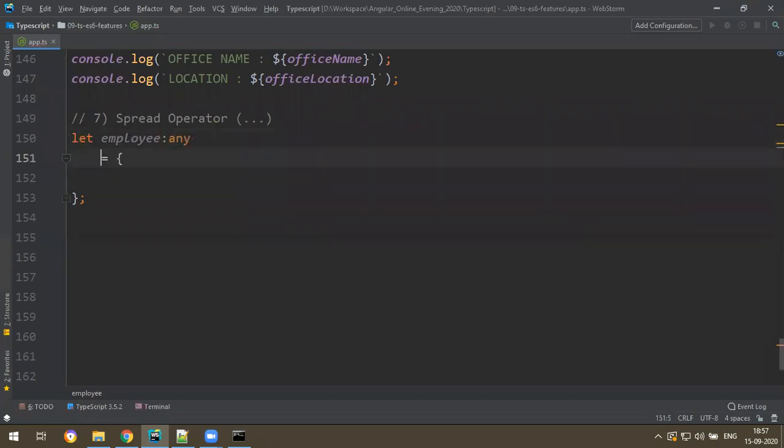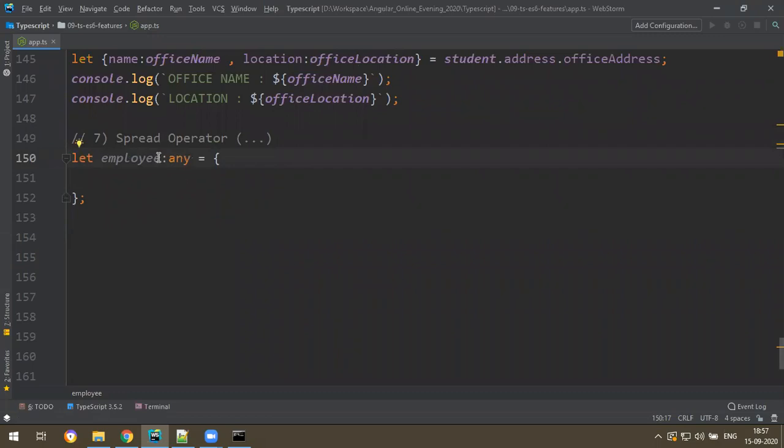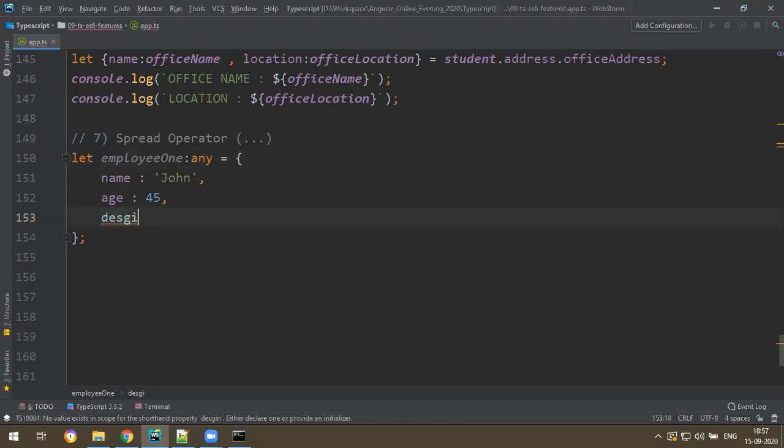Employee one is an object which contains some data: employee name, John, age 45, and designation, manager. Like this, I have an object.